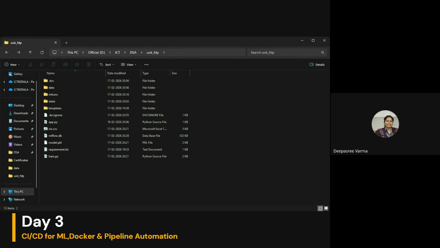In this location, I'm going to create a new file. You can just create a text file and then rename it. I'm going to rename it as Dockerfile with no extension. There is no extension, so it will ask if you change the extension, are you sure? Just say yes and create a file named Dockerfile with no extension.